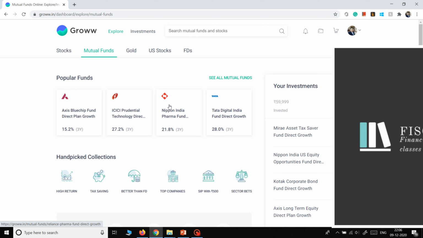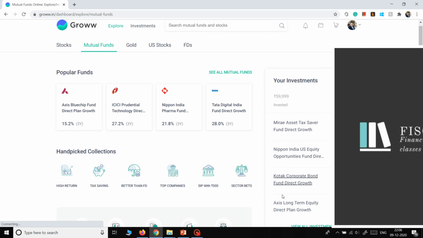Here you can see my investments. There are 4 different companies you can see in this dashboard, and I invested in all 4 of these. If I had invested by going to their city offices or directly to their websites, I would have had to check all those 4 websites and those 4 offices to know my investment returns. Whereas in this app, I can directly see the return of my investment in a single dashboard. So this is the advantage.